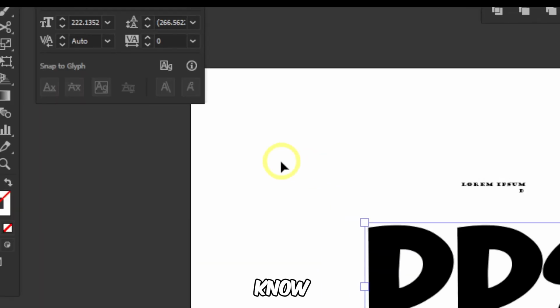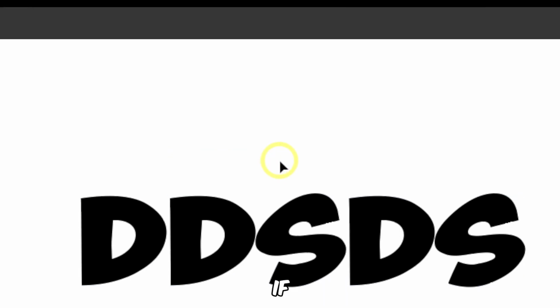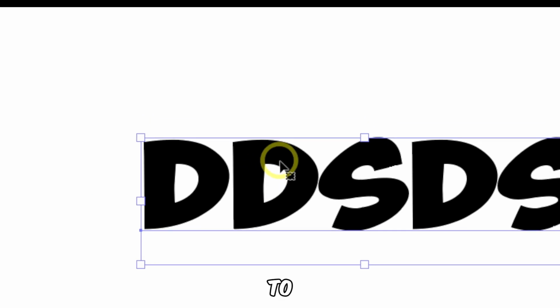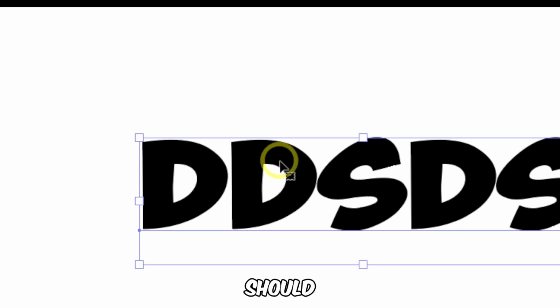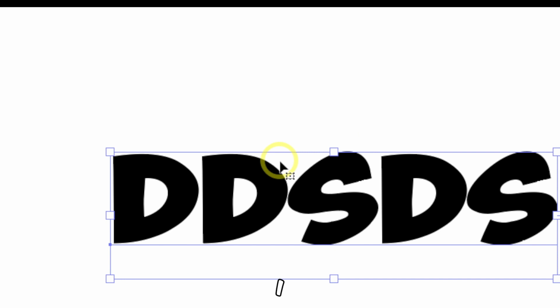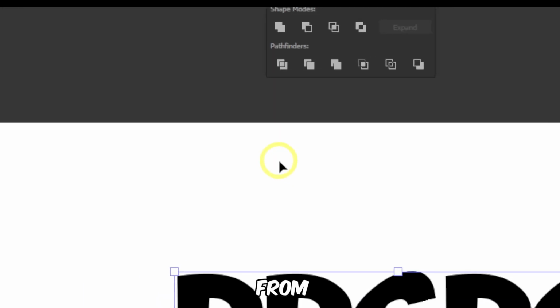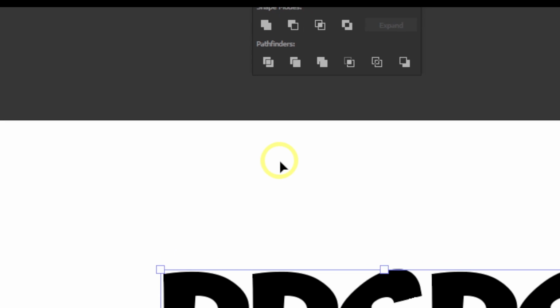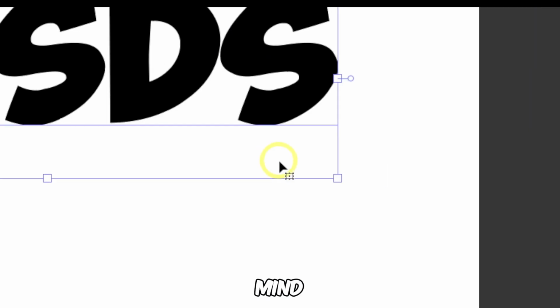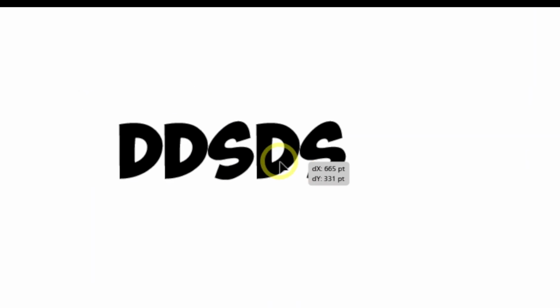And now you should know that, at the end, if you want to save this or send this to someone, you should convert this to a shape. And I will show you later on how to convert it. But for now, a couple of things you should keep in mind